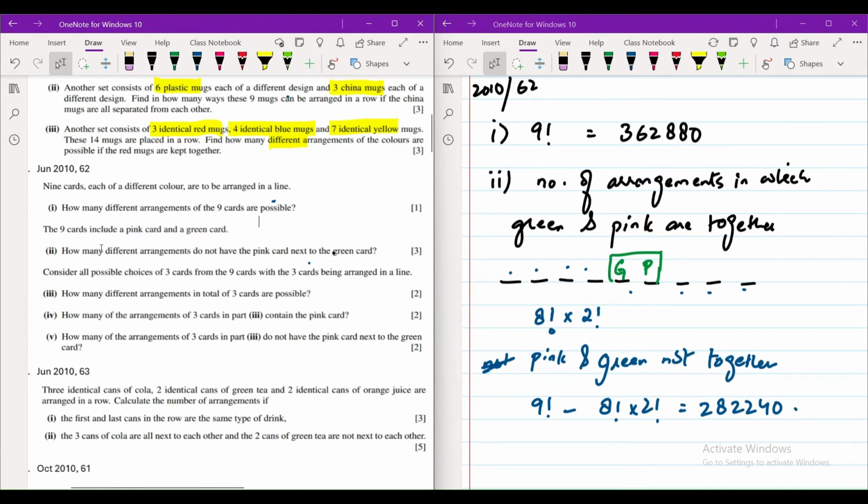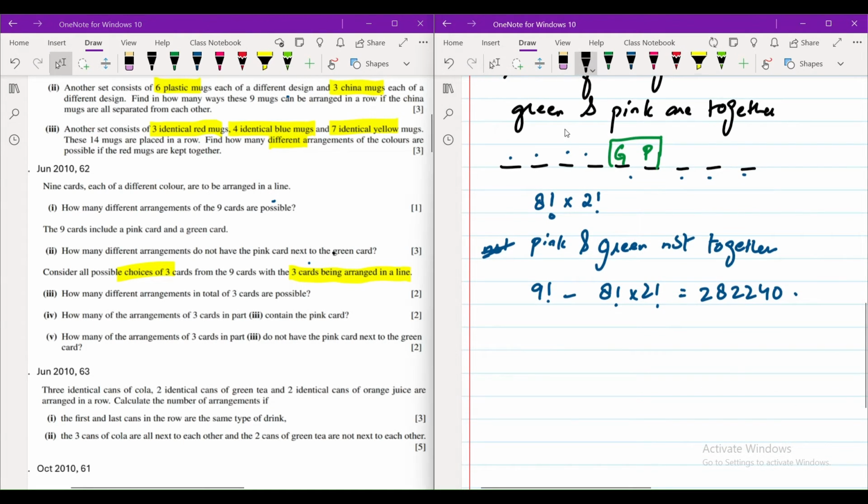Okay. Consider all the possible choices of three cards. Now this is combination. Choices of three cards from 9 cards, with the 3 cards being arranged in a line. Okay, all right. How many different arrangements in total of 3 cards are possible? Okay, so this is still arrangements. So this is, we can see this in